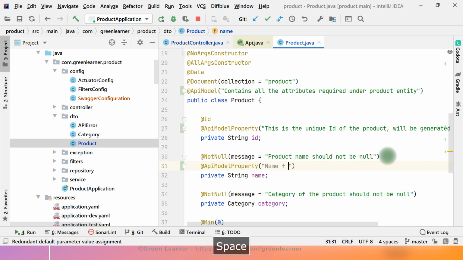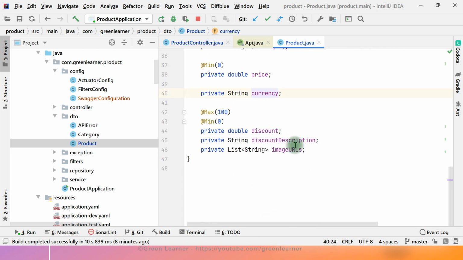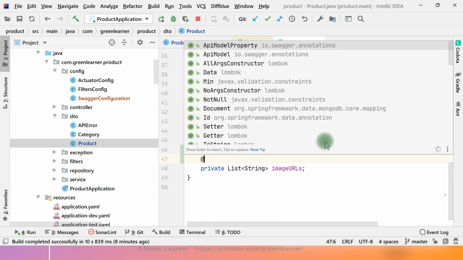So name of the product. Those which are self-explanatory, you should avoid adding ApiModelProperty unless it is very much necessary that you have to put some sentences. Okay. So price, currency, you can go on and add all the information that you need here.